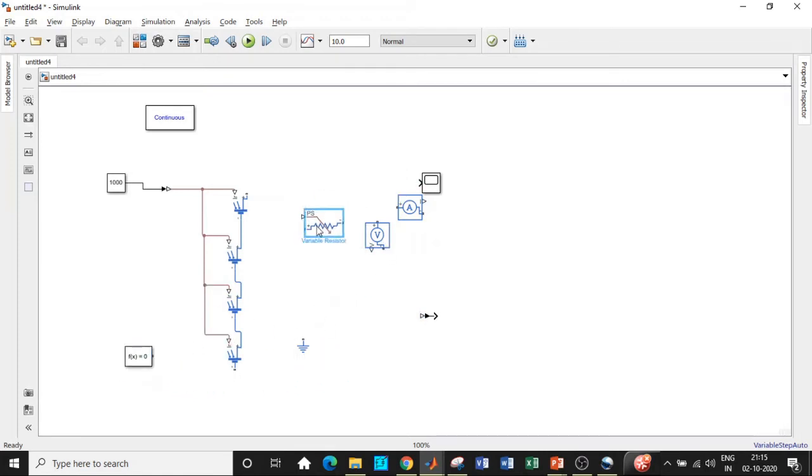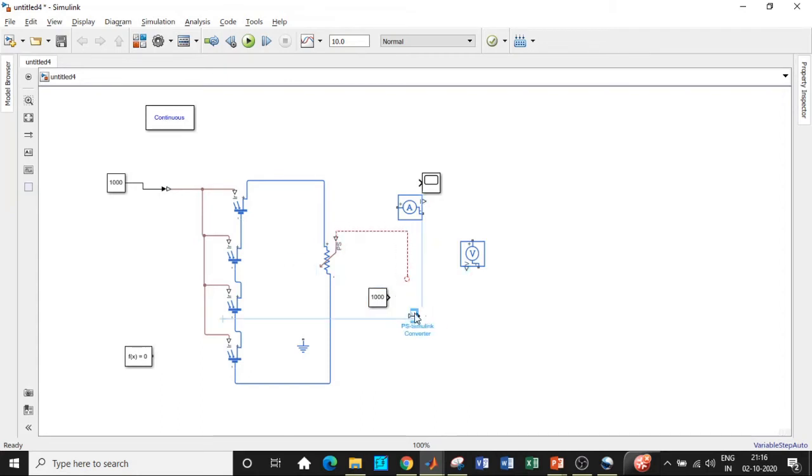So once this is done, we will be requiring a variable resistor, isn't it? So connect this in this particular fashion between these two terminals. So it acts as the load with respect to our circuit, and we need another constant block. I'll tell you why. So the terminal that is here, this will be basically the value of the resistance that we are giving. So we cannot directly connect this to this. So we need again a physical system to Simulink converter. So I'll be giving it to this point, and from that point I'll be taking it to this particular terminal. In this particular fashion, I'll be connecting it. So be very careful.